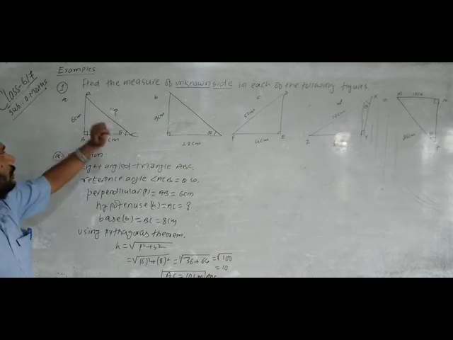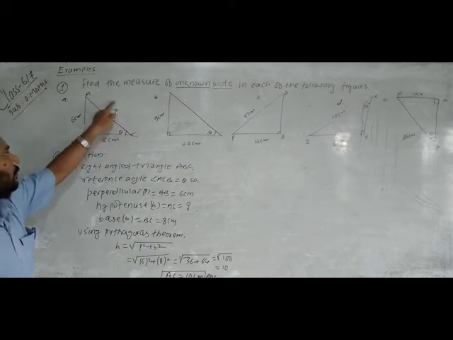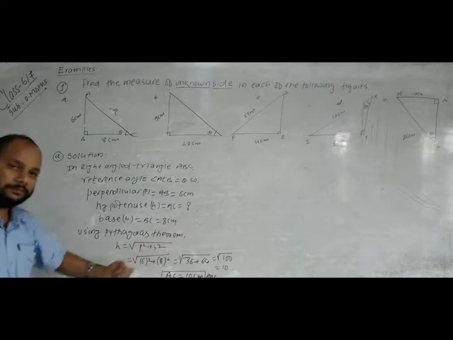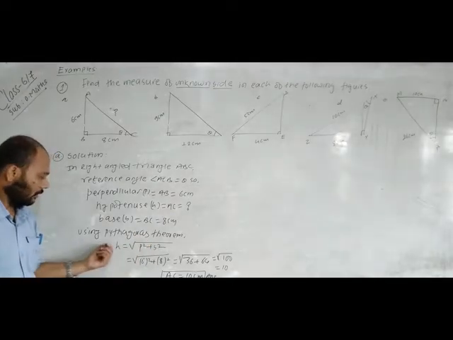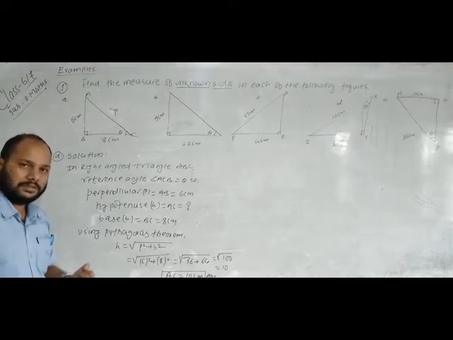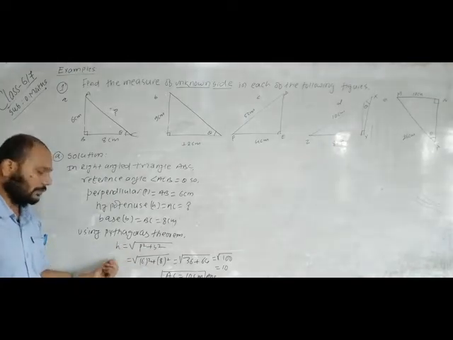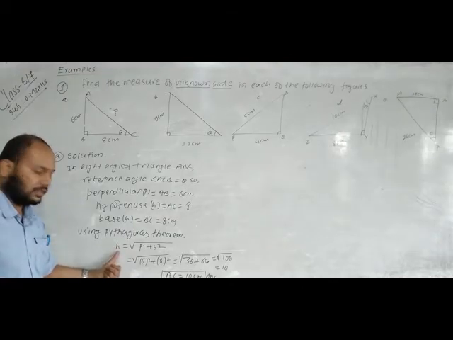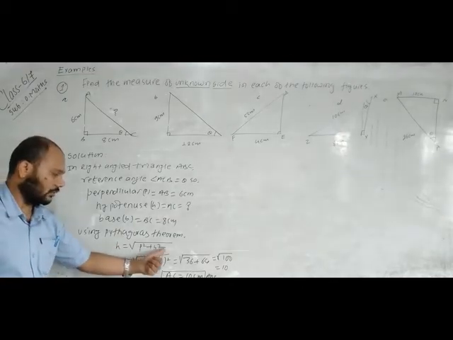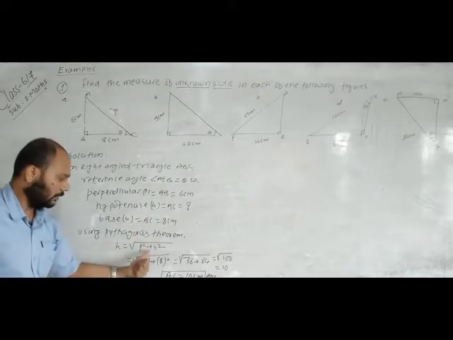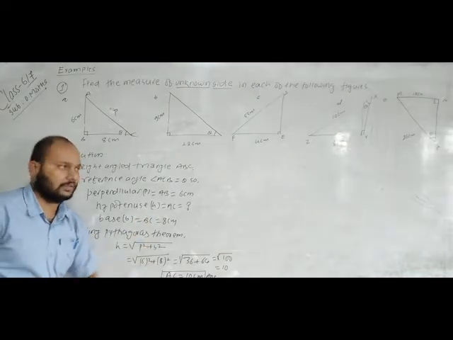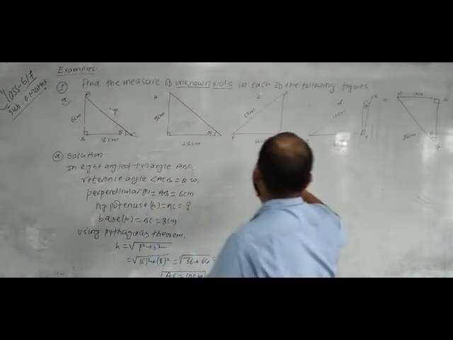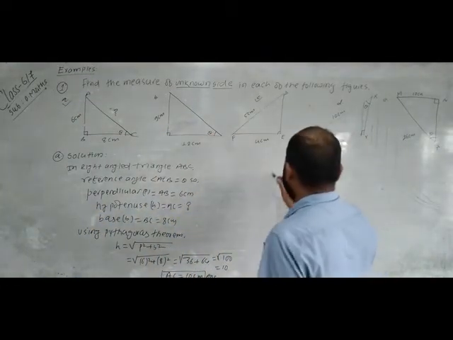And your question is the unknown side. What is your unknown side? Hypotenuse. You should find the hypotenuse, and we already completed this. We completed the Pythagoras theorem in the previous class, and we also remembered all the formulas. The formula to find the hypotenuse is H equal to the square root of P square plus B square, and you should put in the values of P and B and calculate. Okay, we completed A number, and now I am going to solve C number.